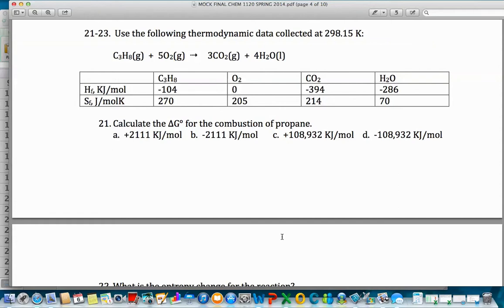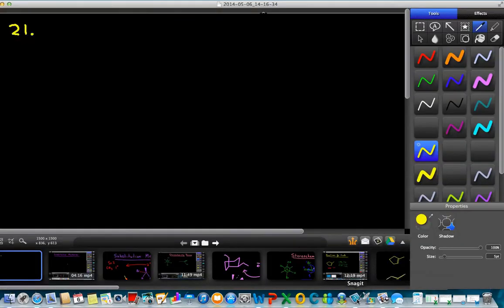All right, so for number 21, we're going to consult the following table of data. And we have a combustion reaction of propane. And for the reactants, we have the H of formation in kJ per mole and the S of formation in terms of J per mole Kelvin. First thing we need to do is calculate delta G standard state for the reaction, and our way of doing this is we're going to have to use the relationship that the